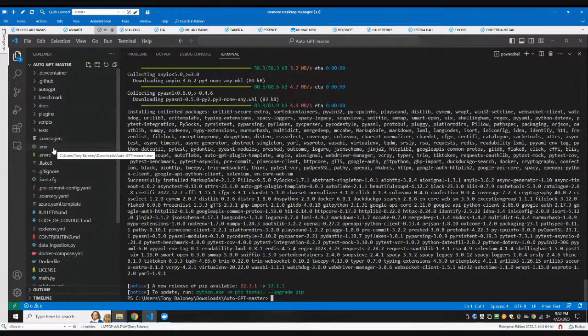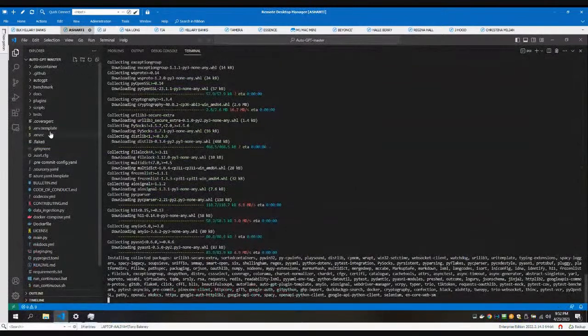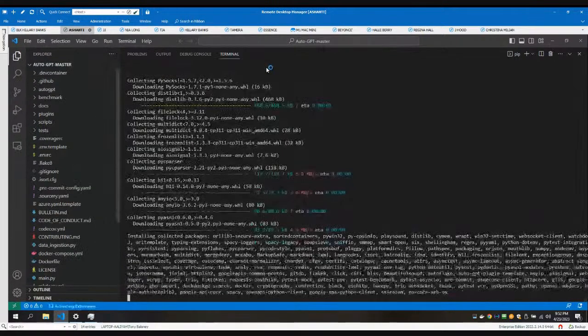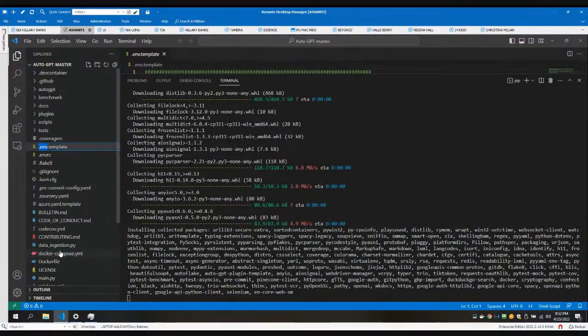You're going to just press F2 and then delete the .template part. Let's zoom in. I'll select that, F2, and we're going to delete the .template part so it just has .env,